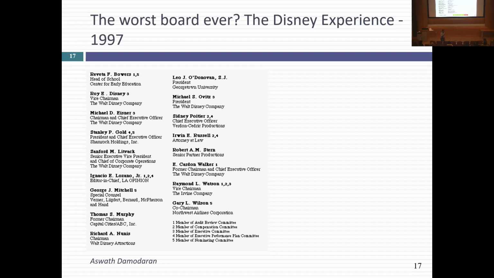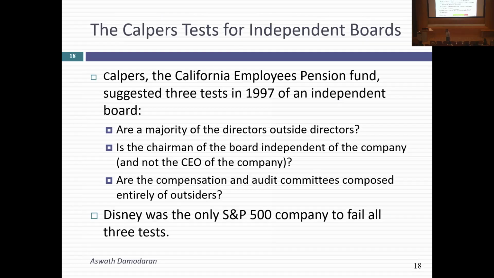This is a bad board. It's a rubber stamp board. Remember, I described Eisner as an imperial CEO. This is a board that when Eisner says jump, says how high. In fact, when you look at this board, it should answer the question, because at the time that I looked at this,